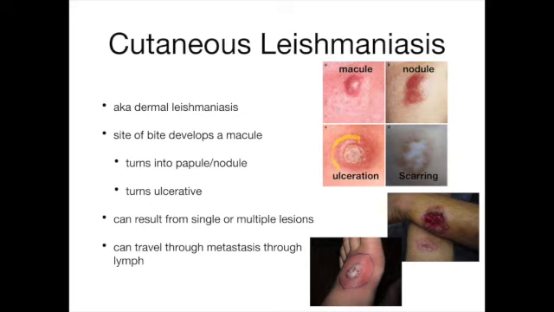The ulcerative form is the one form, right? We have an ulcerative form right here. This is the one form that we're used to seeing, and it usually does leave behind some pretty nasty scars. This can result from a single bite or lots of bites, and it can travel through metastasis in lymph. So what that means, if you've ever heard of metastatic cancer, is when the parasite gets into